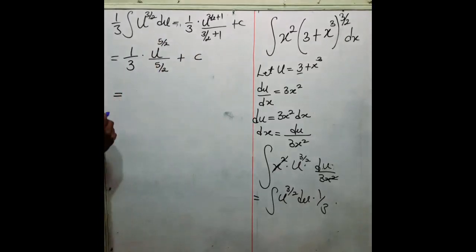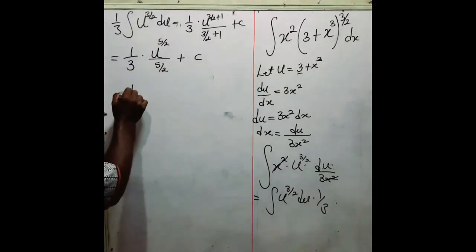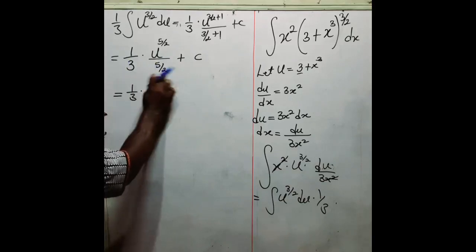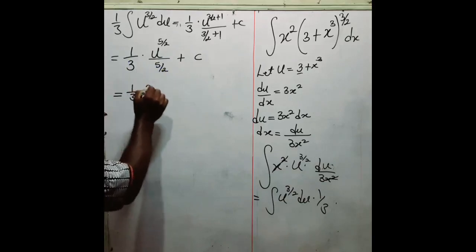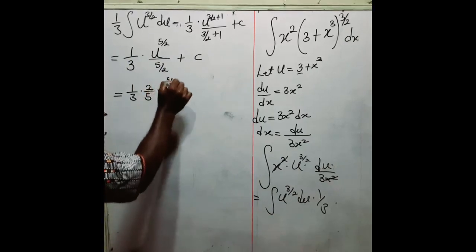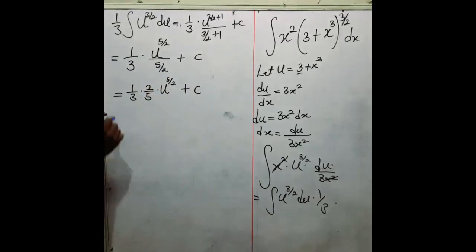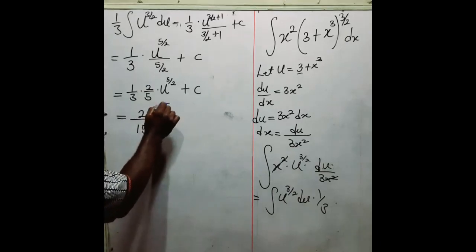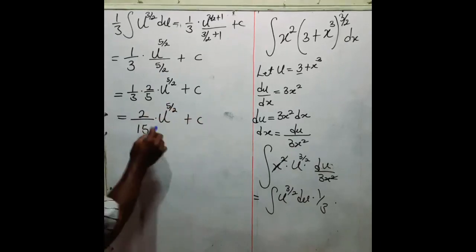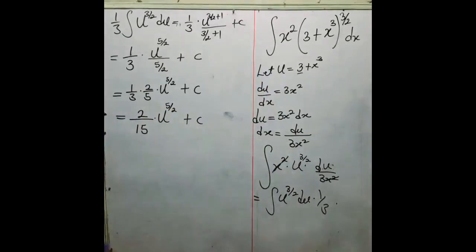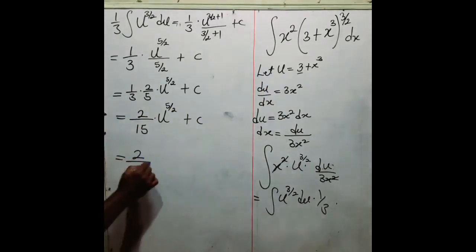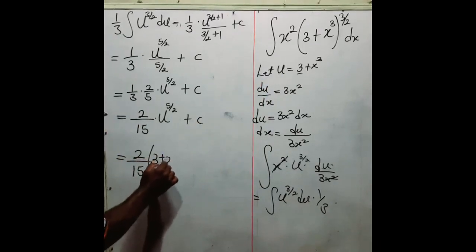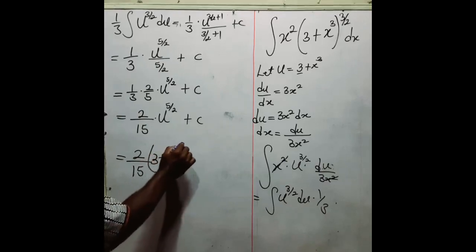So we have 1 over 3 dot, this one will be reciprocated, 2 over 5 dot u to the power 5 over 2 plus c. So this will give you 2 over 15 u to the power 5 over 2 plus constant. So you will now substitute the value of u, which is this. So the final answer will be 2 over 15 times (3 plus x raised to power 3) to the power